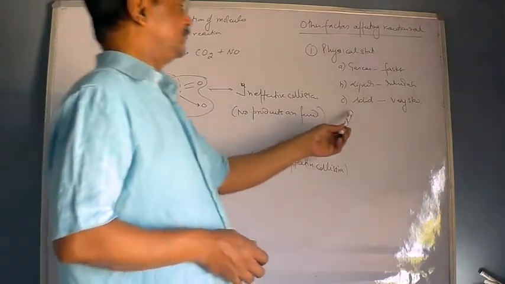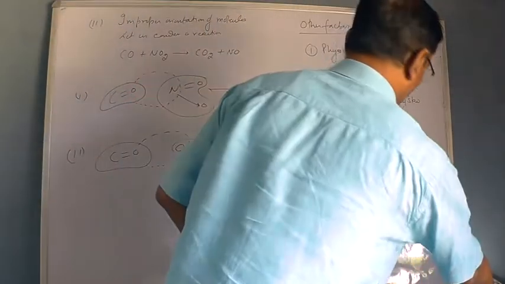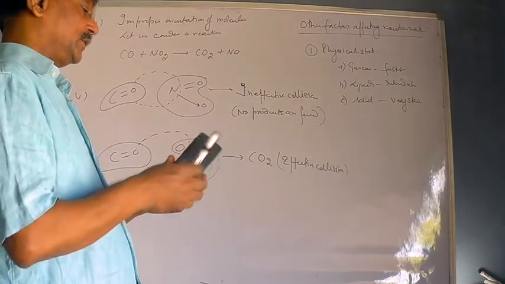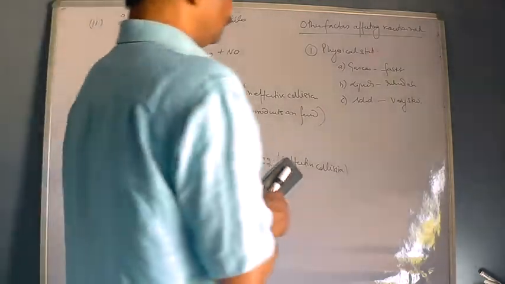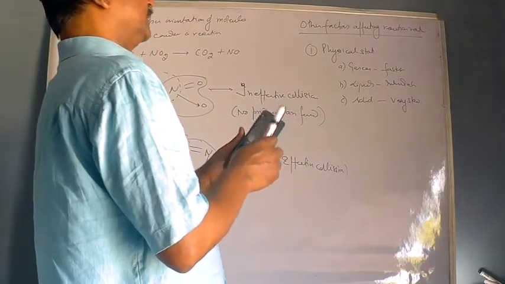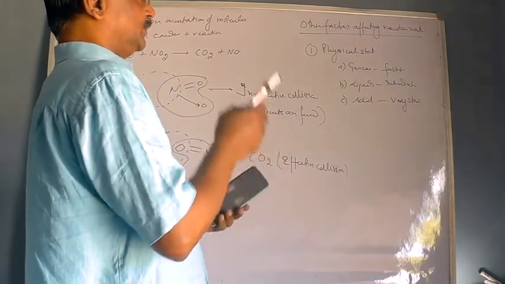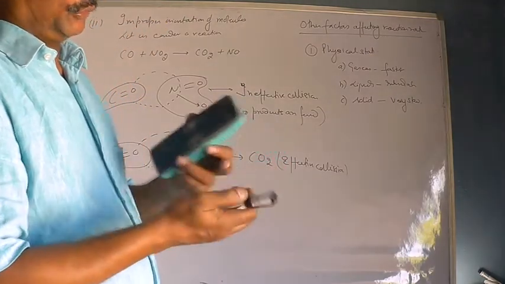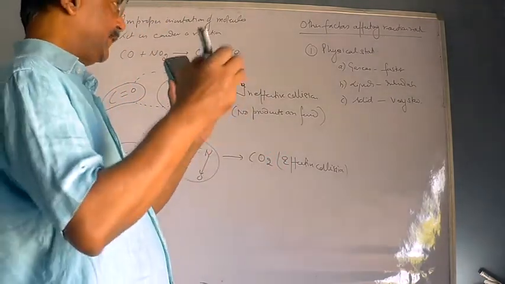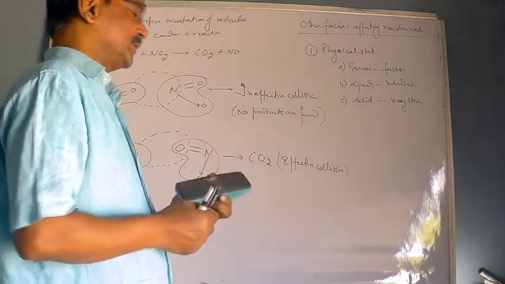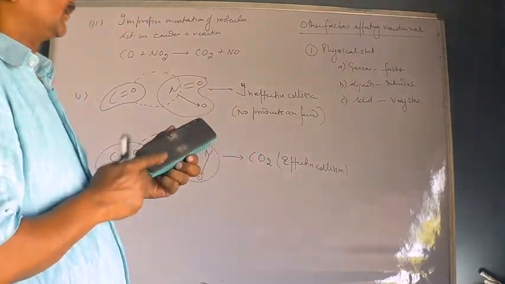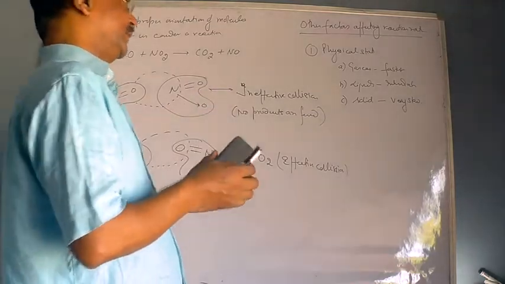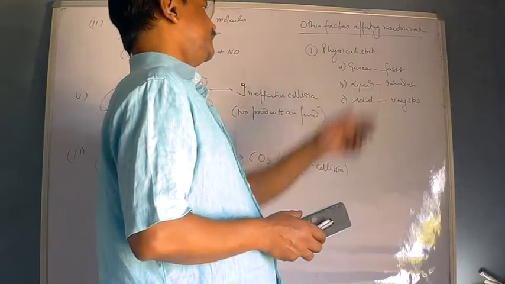In the case of solid, solid reacts at the surface only. See, there are two solids. This is also solid, this is also solid. If I just write them, they are not going to give you any desired product. That's why the reaction rate is very, very slow in the case of solid reactant. The reason is that all the molecules which are present on the surface, they are very much attracted towards the bulk of the substance, and hence they are very strongly bonded, and therefore they are going to give us a very, very slow reaction rate. But in the case of liquids, it is intermediate.